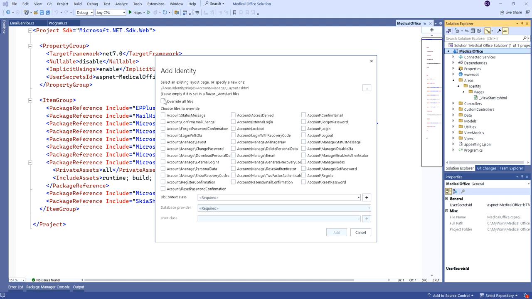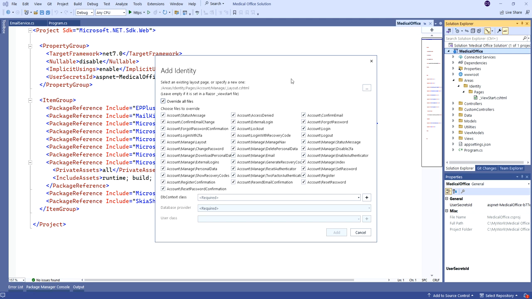So I could just check this off, override all files, but look at how many there are. A bit of a warning: if you do this, it will increase the size of your folder quite a bit where your project is stored,